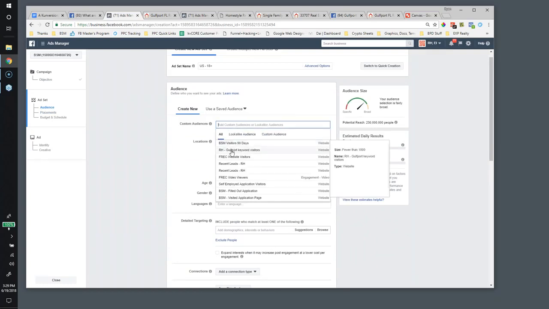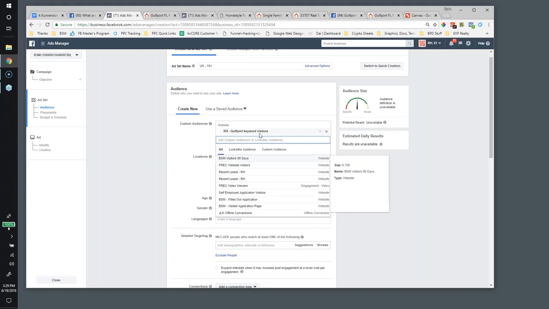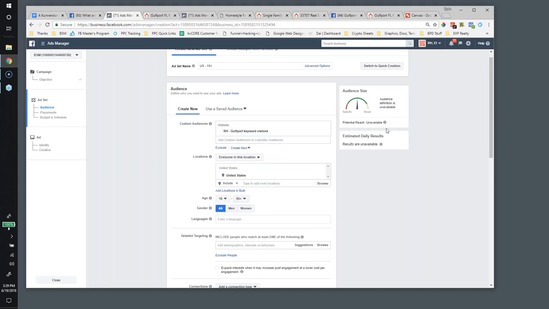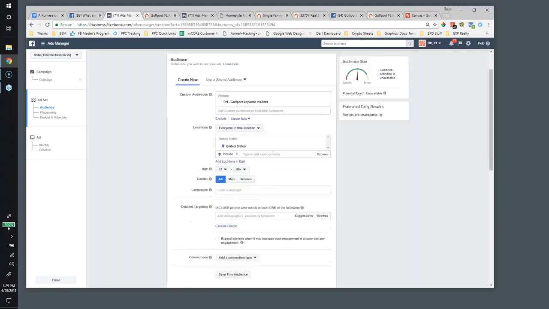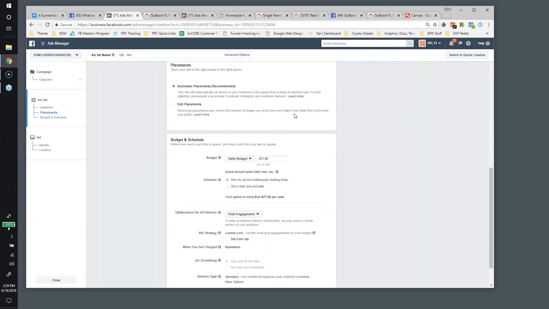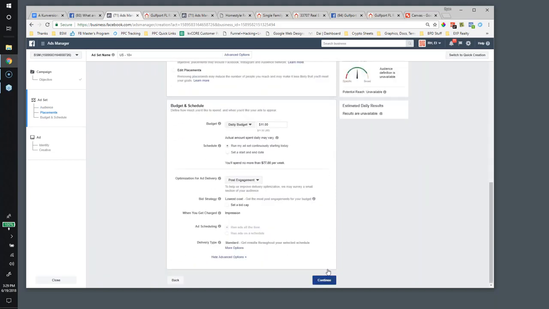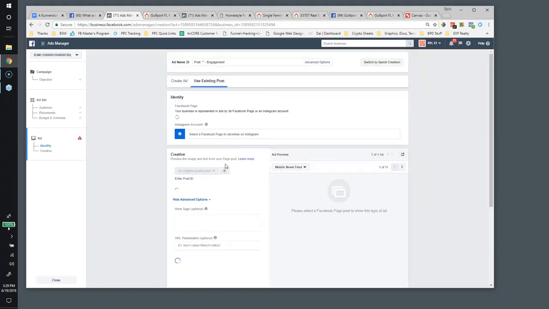Right here, I can pick it from the drop down, RH Gulfport keyword visitors. In the very beginning, it won't have any reach. There's nobody on that list, maybe 2 or 3 people so far. And then you go through the rest and you pick the post on the next page of the latest